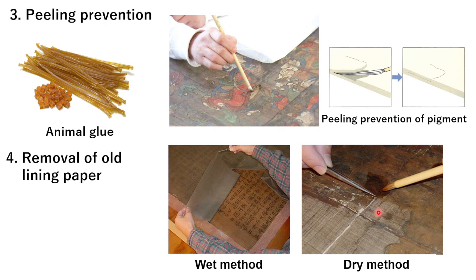On the other hand, the dry method is aimed at removing the fiber by giving a small amount of moisture to the paper and loosening the interfiber bond. However, the first lining paper is directly attached to the painting paper, so it is difficult and very time-consuming, taking a few months. However, this method is effective for those with vulnerable painting paper.